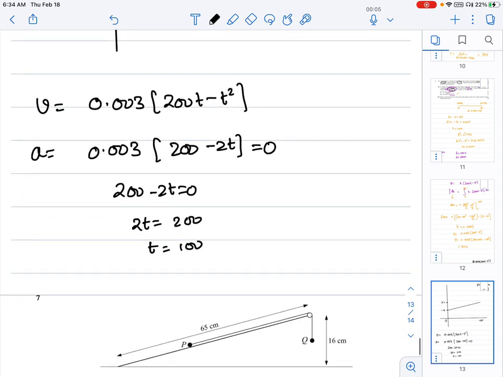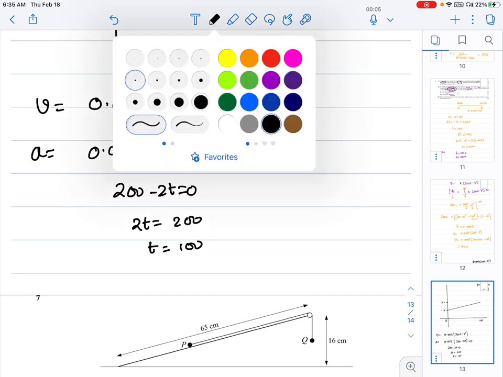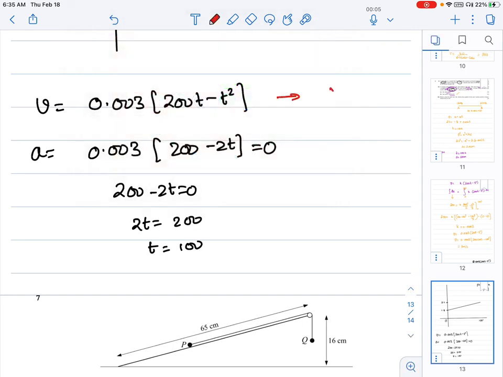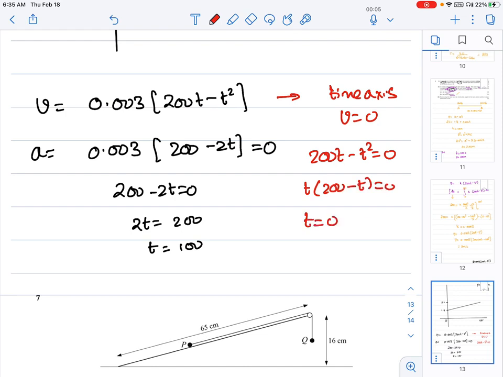Then what are the points it will reach? What is 0? The x-axis. At points it will intersect the time axis, so velocity should be equal to 0. So 200t minus t square is equal to 0. So t common, 200 minus t is equal to 0. So t is equal to 0, t is equal to 200. So it is